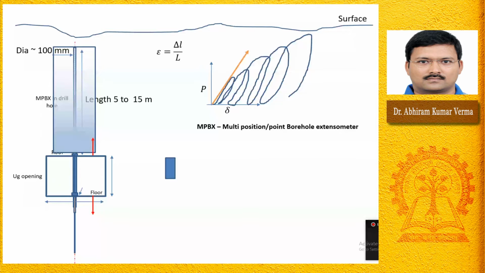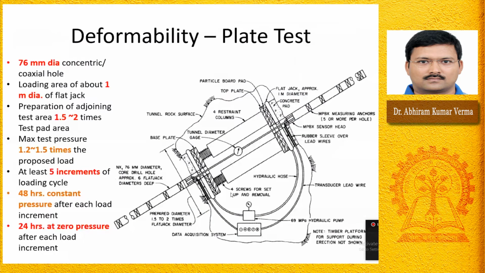Now we will see one of the photographs. That's why I have drawn a figure ahead before I come to the actual photographs with a lot of instruments and the flat jack and this setup, so that you can get an idea of how it will actually look. If you follow books, you'll find this type of figures directly. And you can see we have different MPBX which are fixed at various locations.